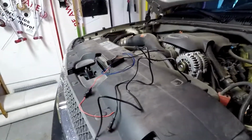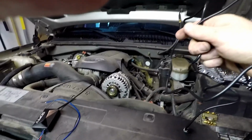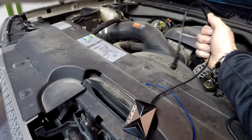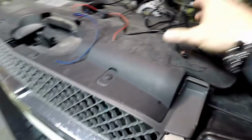Alright guys, so now we got to get the battery unhooked and then we can get the Bluetooth module wired up. First we're gonna have to take this wire here and run it from the bed of the truck along the frame, and then connect it to the end of this Bluetooth module, and then these wires have to run up to the battery. So we're gonna go to the bed of the truck after we get this battery unhooked,